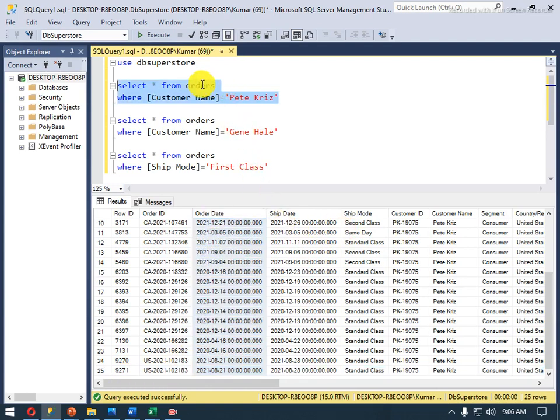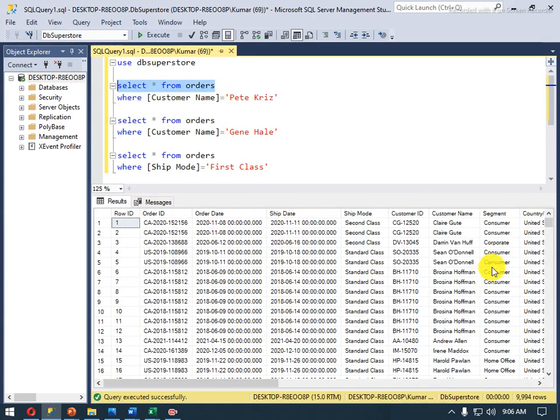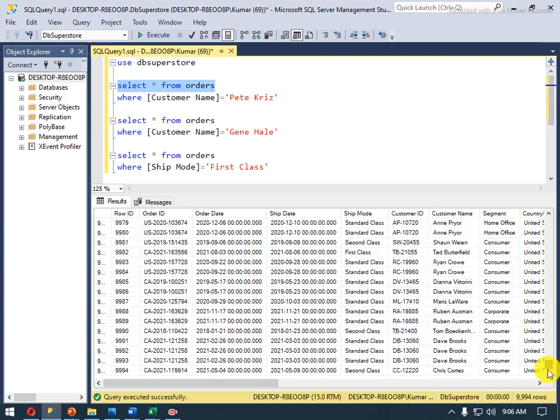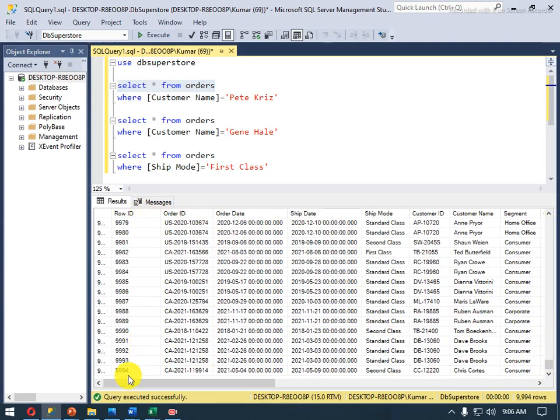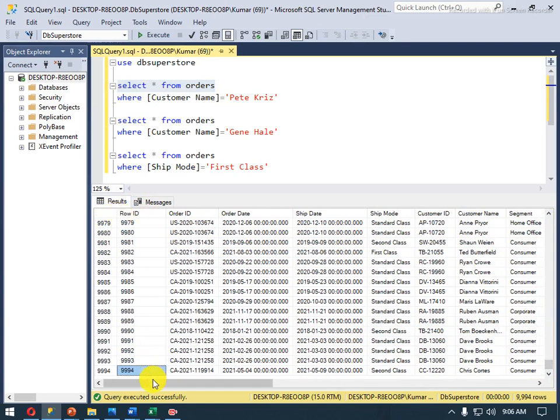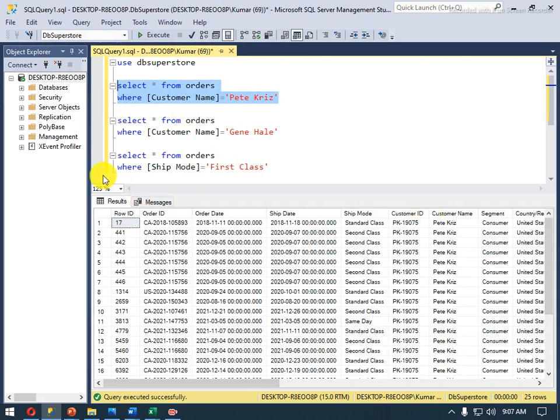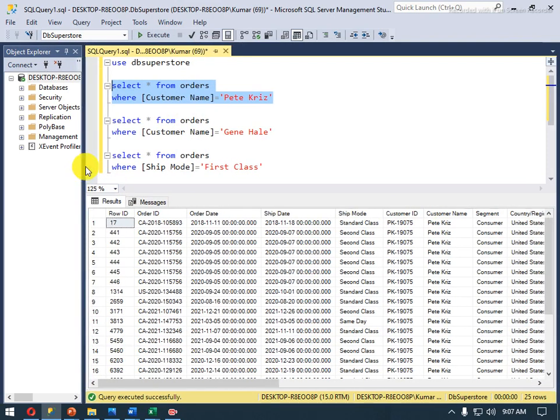If I want to show you how many records are here, I go to the bottom side and check: total records is 9,994. So when you run any kind of query, whether on customer name or anything else, SQL Server will check each and every row. It definitely costs IO cost, meaning CPU cost is utilized. Also it will take some time processing, because it's checking each and every row.